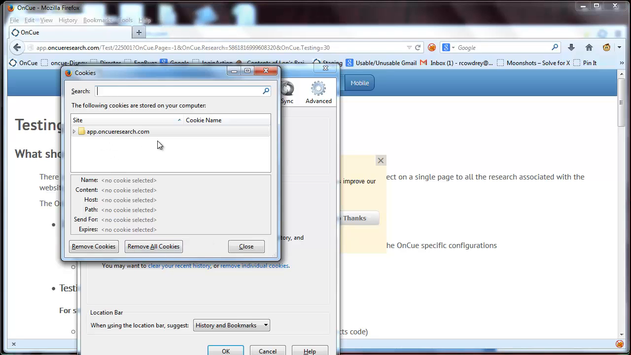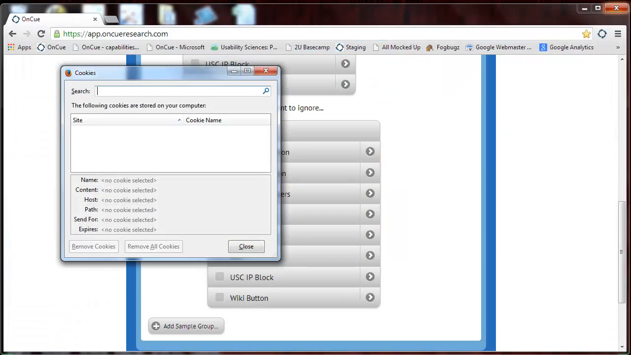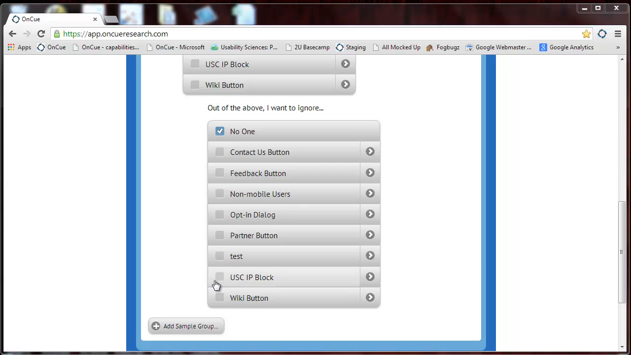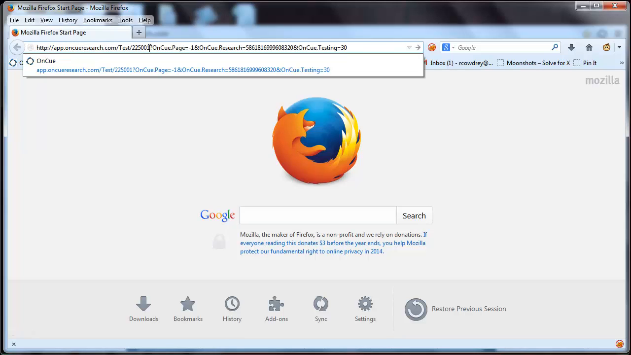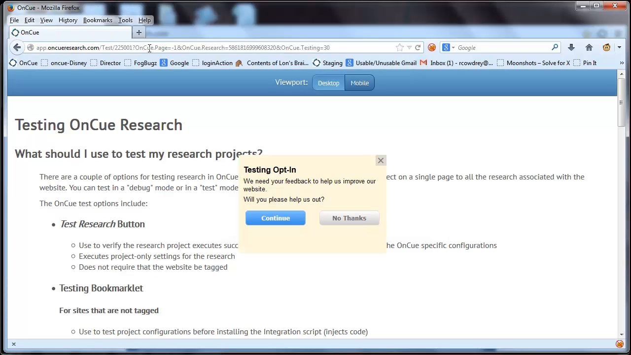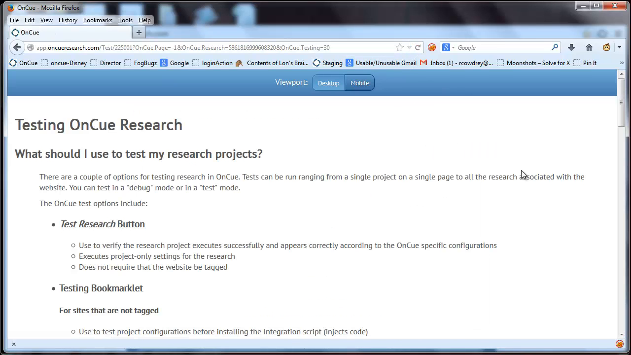You'll see app.oncueresearch.com. You want to remove those cookies, and we want to close the browser. Start it up again, and now we're going to start with testing equal 30. So I'm testing with everything turned on. So in this case, it's going to do the opt-in dialog. I'm going to hit continue. It's executed the research. But now if I try to refresh the page, it's going to ignore it because now the cookies are being set and everything's being detected as it would be on the live site except for target